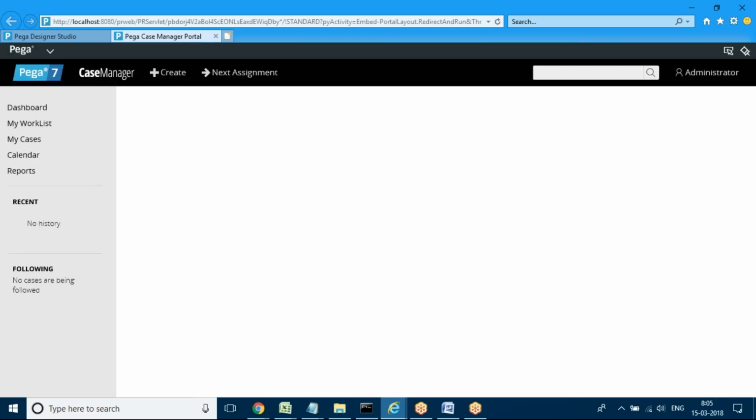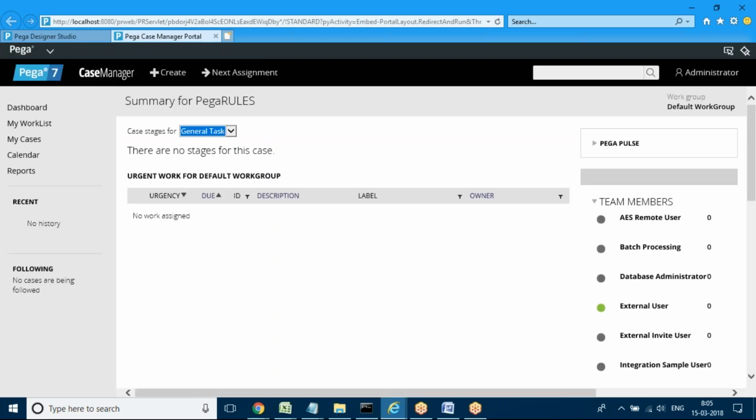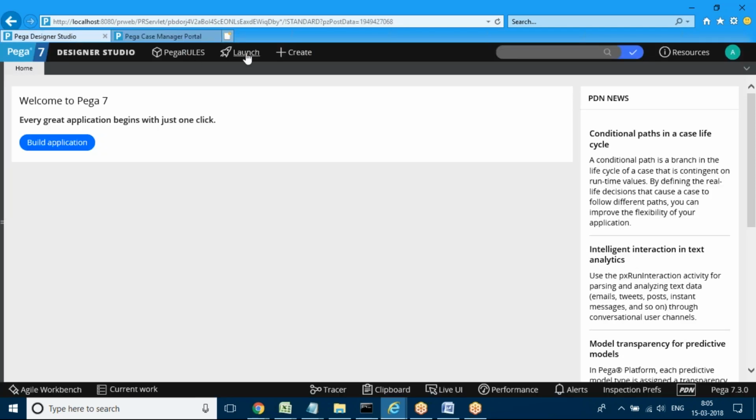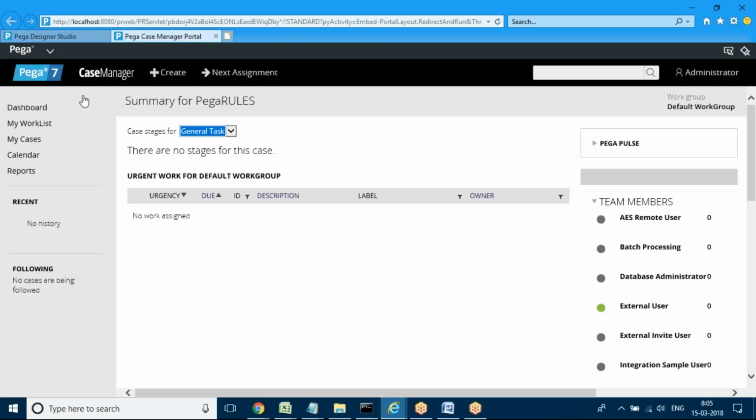Actually, the user portal options will be similar only, but you don't get all these team members. You cannot see everything, only the work assigned to you you can see. In the coming classes I'll discuss; it is not required right now, it is too early to discuss the user portal. The purpose of the Launch menu is to launch a different portal from the current one. Okay, launch another portal. In the default ID they have given access to the manager portal, but in real time they will give access to the user portal. So the manager portal will look like this.